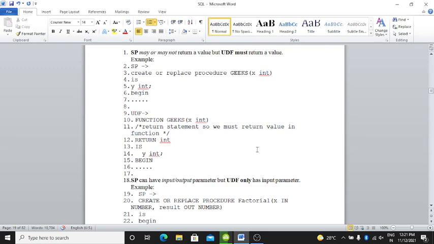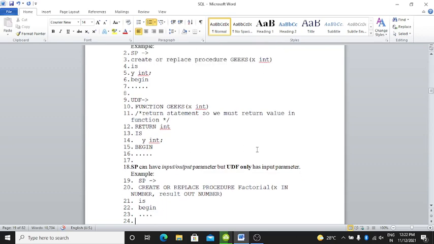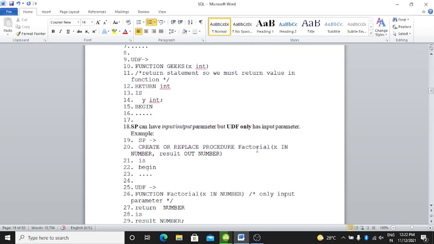After that UDF: function with x int, then a comment: return statement, so we must return a value in function, then return int is y int begin. SP can have input and output parameters, but UDF only has input parameters.